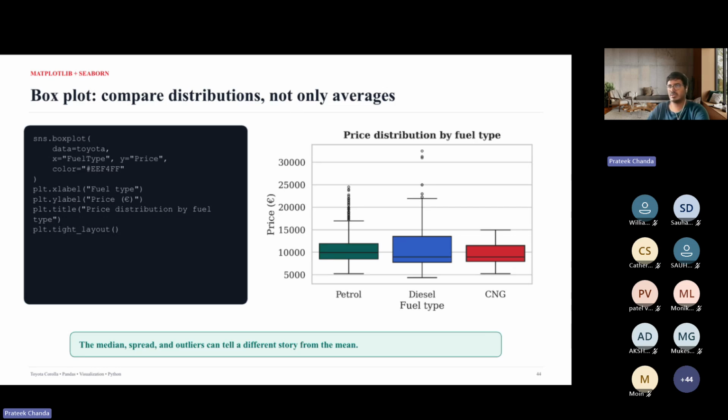So you can do sns.boxplot, and you can specify the x and y axis. Fuel type is my x axis, y axis is my price, and the box plot gives you the minimum, average and the maximum range of values that are lying here. Also the quantile ranges and all this you can get from the box plot distribution.